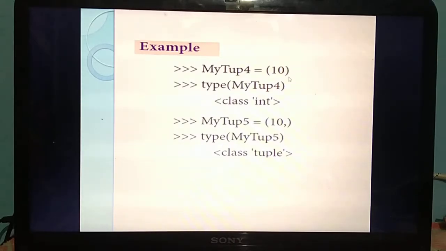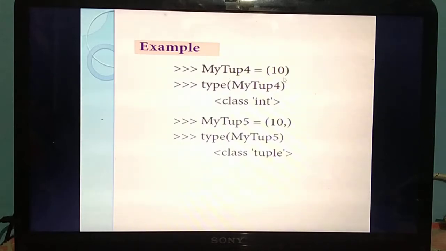So already we have studied. If you are creating a tuple with a single element and you are not mentioning the comma at the end, it will consider the data type as an ordinary data type. So what's the ordinary data type? What's the data type of 10? Int. So if you are giving type of this tuple, what output do you need to get?